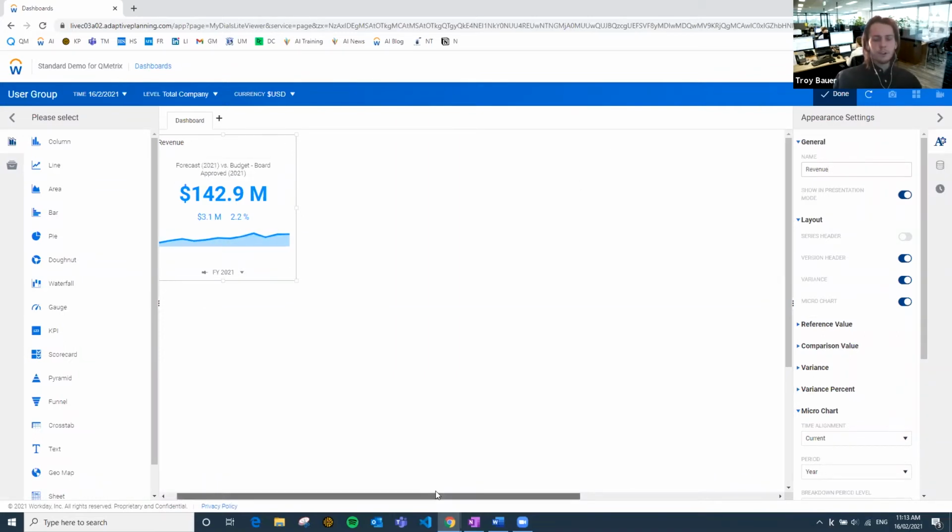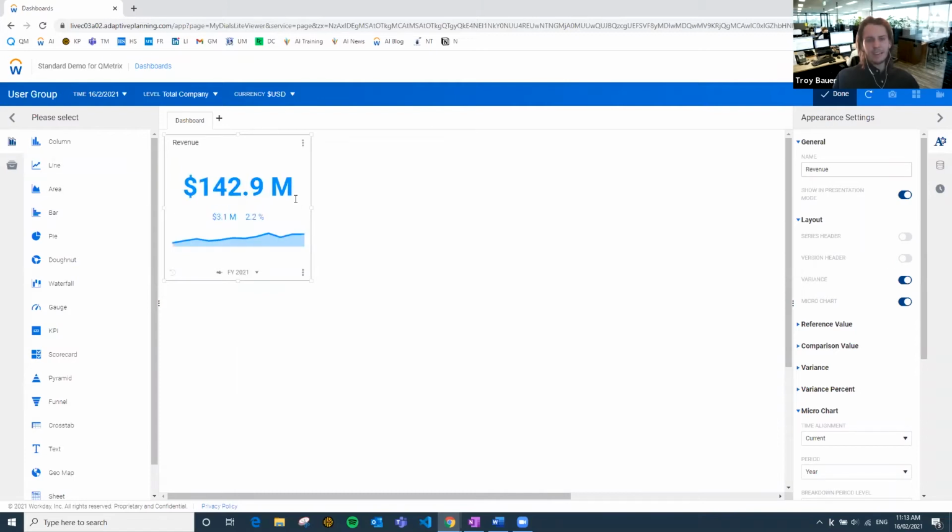We've got this version header in just the middle between the title and the reference value here. It's a matter of personal preference whether you want to keep that in there. It can take up a bit of real estate in this KPI. They've already got a lot of things going on, as you may have already noticed. So you can turn it off if you want to just clean it up a little bit, and that gets rid of that sort of variance description there.